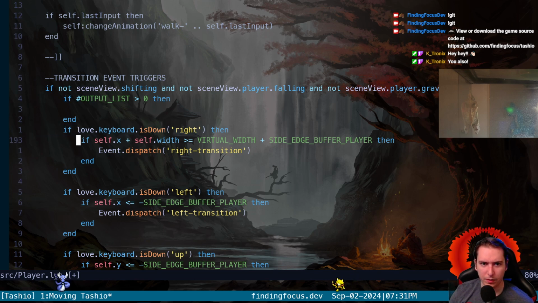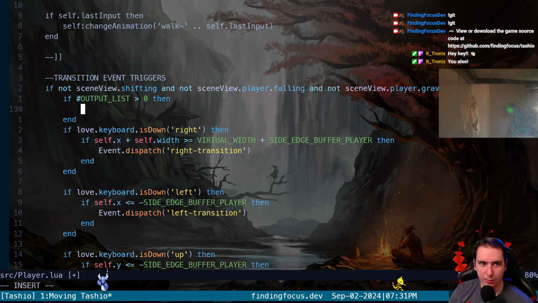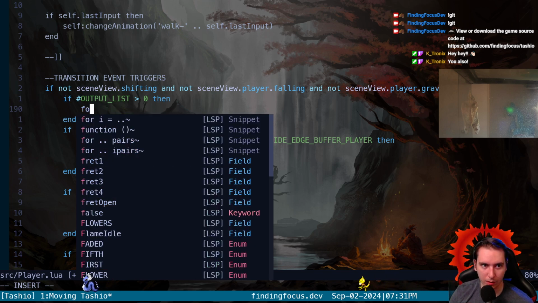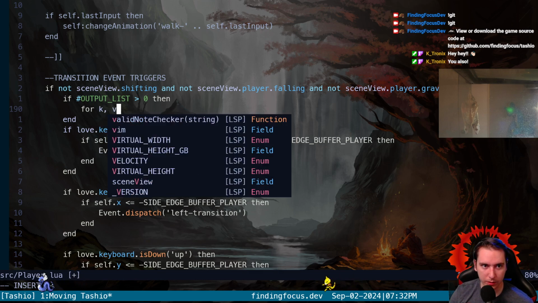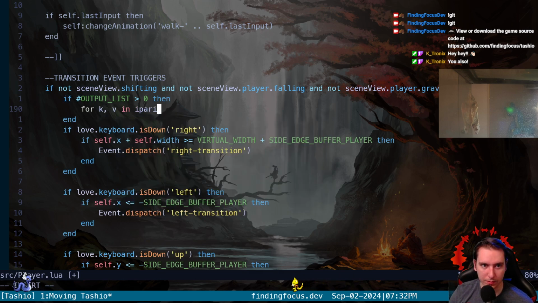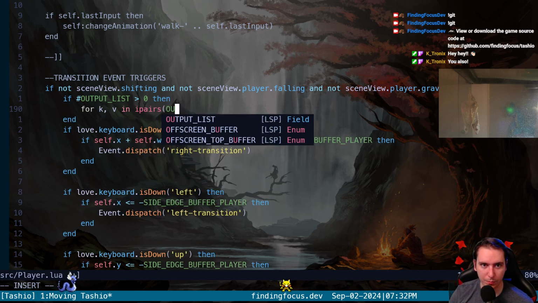if there's no output. That's a little weird, but yeah, output is the sanitized input, so we're going to say only if there is a value that could be triggering one of these things, then we're going to say if the output list, actually, yeah, we'd have to cycle through all, so we'd say for key value in ipairs of our output list,